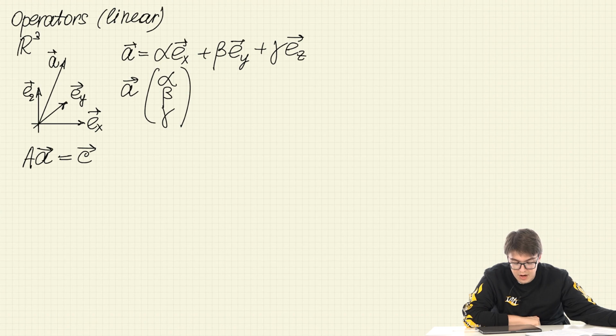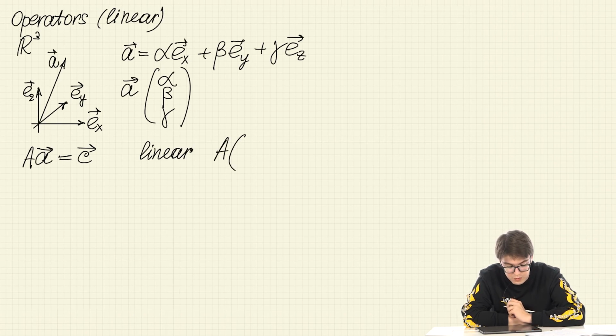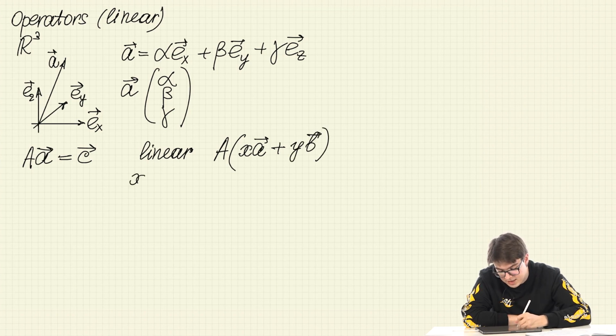And if the operator is linear, it means that if we use this operator for the vector xa plus yb, where x and y are real numbers,